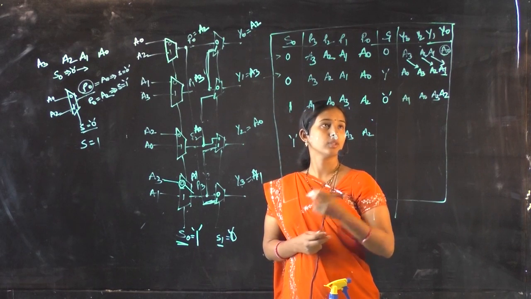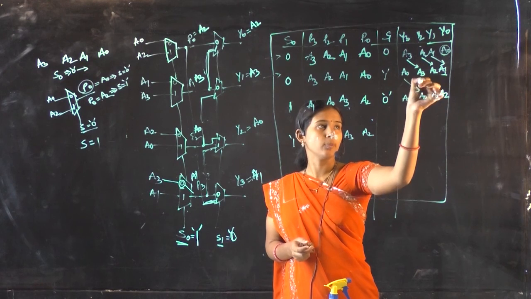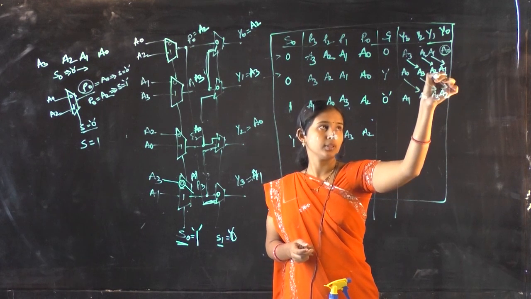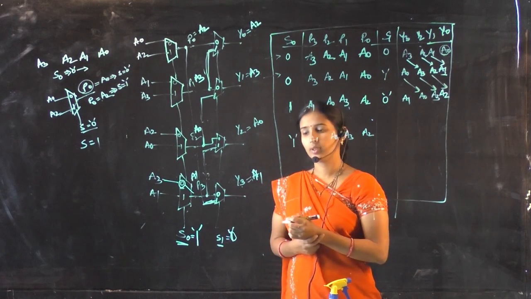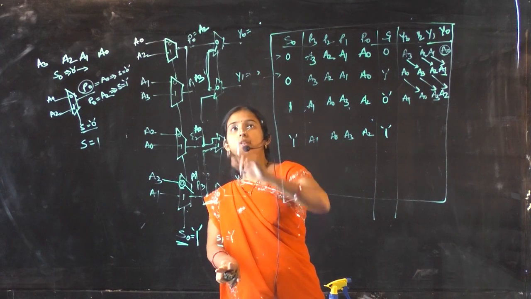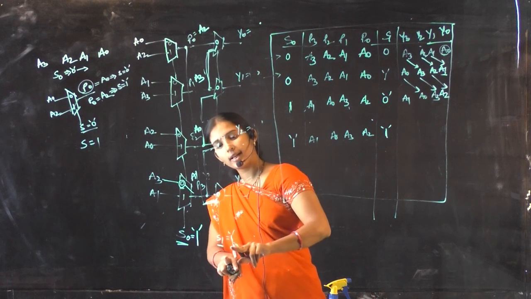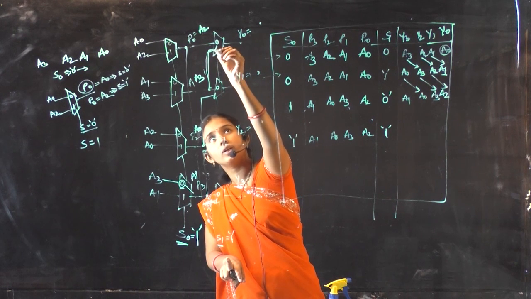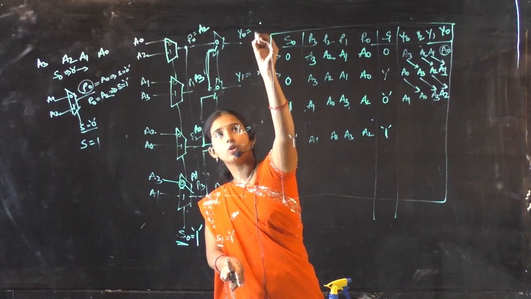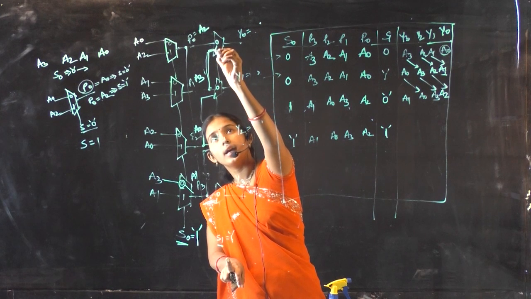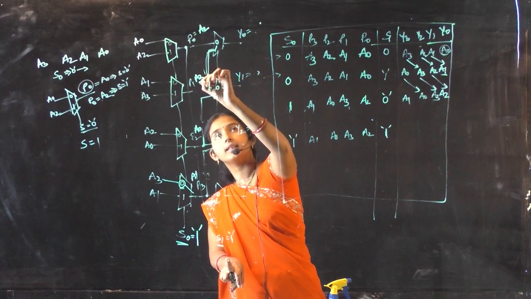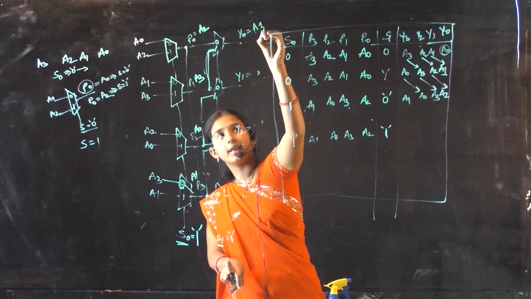That means, see, again it is shifting one bit right. This bit has come to here. Again, selection line is equivalent to 1. What will be my output? See, that means selection line is 1. Whatever the data available at 1, you will be getting your output. So here if you see, at 1 I have connected to a3. So y0 will be a3.